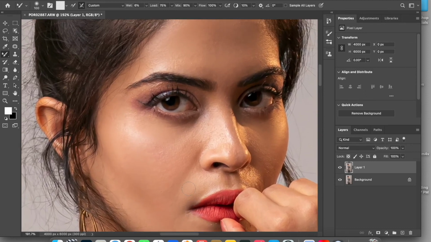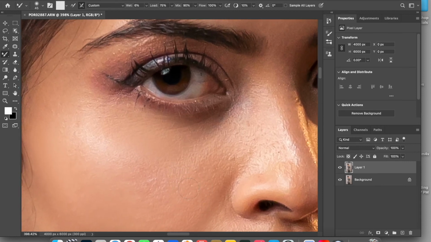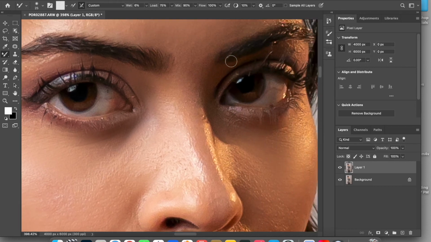I will increase the size of the image and decrease my brush size and work near the eye area, where it requires a little attention. Remember, I am doing it a little roughly, but if I had to actually edit this photo, I would take some time and do it slowly. This is just to give an idea of how a retouch needs to be done, right?